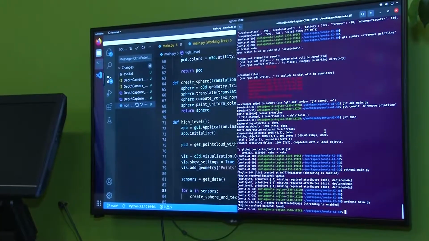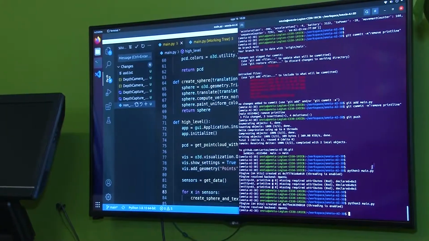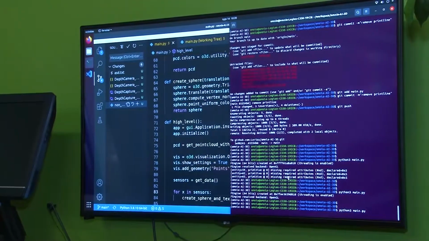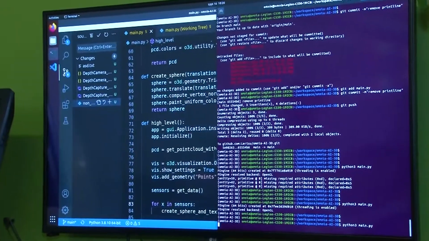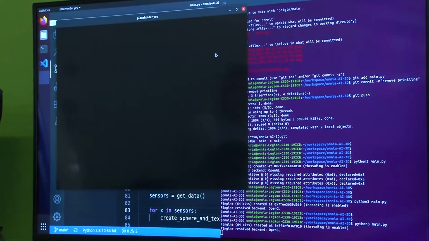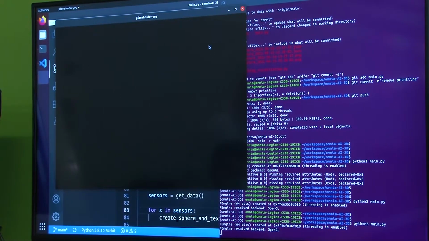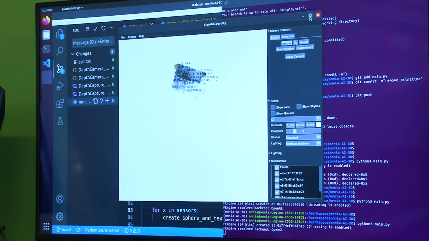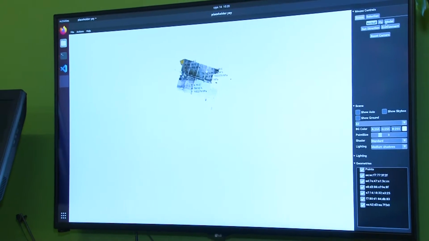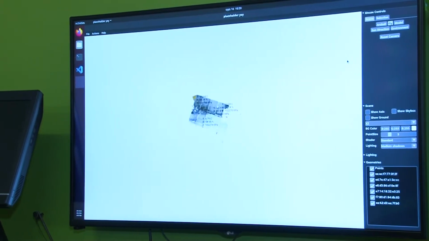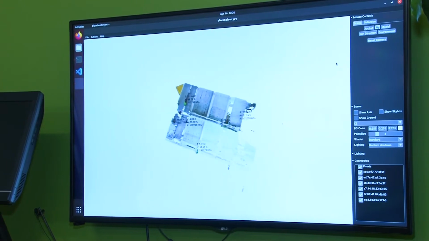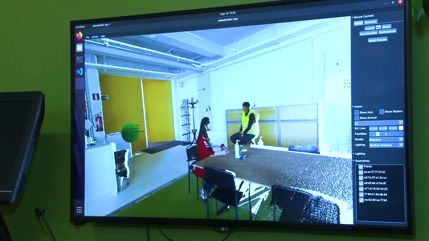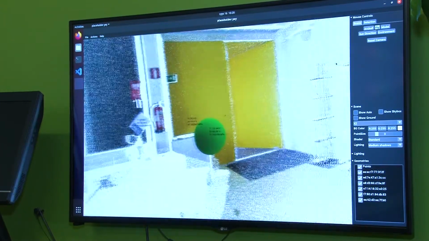I have to operate from here, so excuse me. We're running in a Python 3.6 virtual environment, and we just say python3 main.py, and we should have it running soonish. It's kind of slow because it needs to load a lot of data into memory, but that is to be expected. We select fly because that's the easiest way to operate this thing. So in this case, we can see that we have a 3D model of this room. We have Heidi there, hello. And then we have points in space